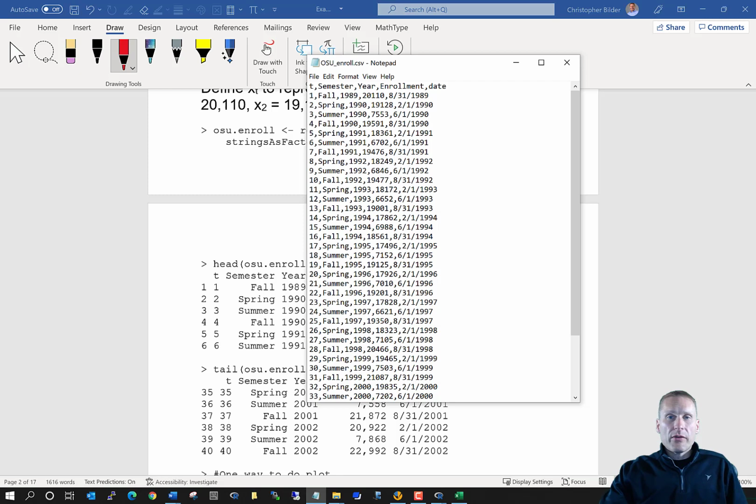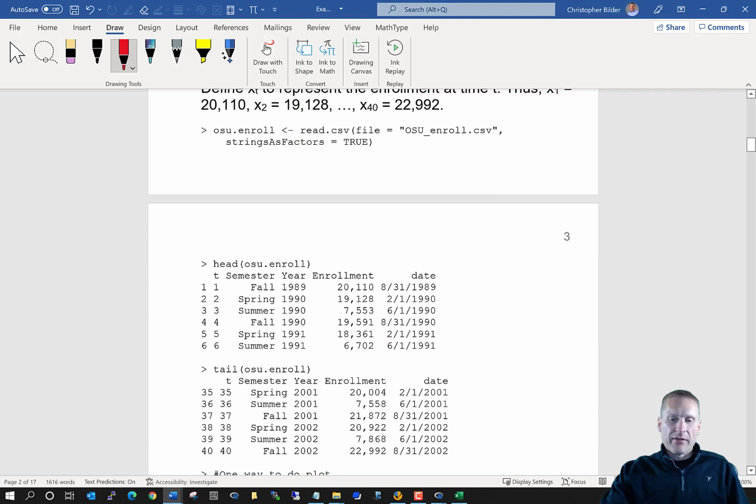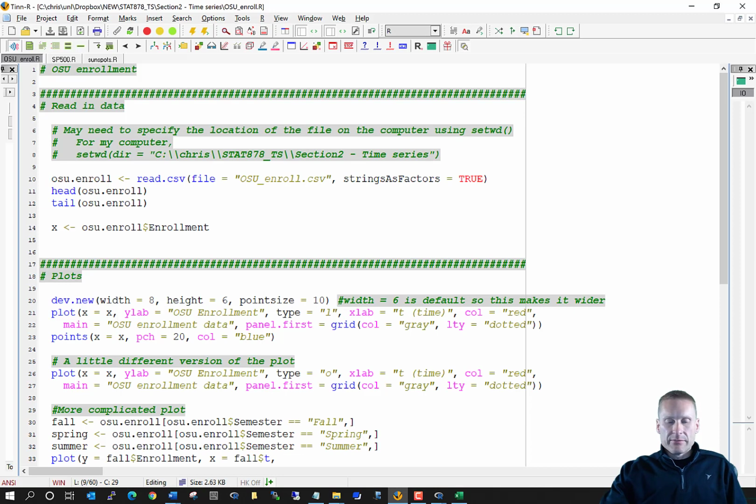Now, if I want to, on my computer, I can simply left click and open up that data file, and it would normally just open up in Excel. Excel works quite well with comma delimited files. Now this data set, and I forgot to mention this to you, is available on my corresponding course website. So I download that data set, put it into a folder on my computer where I know it's located, and then I can read in the data.